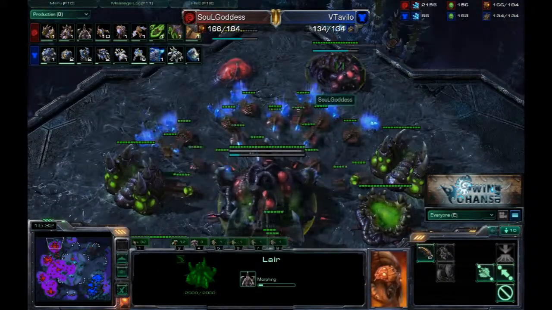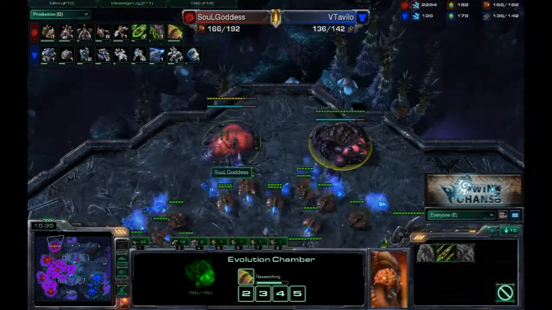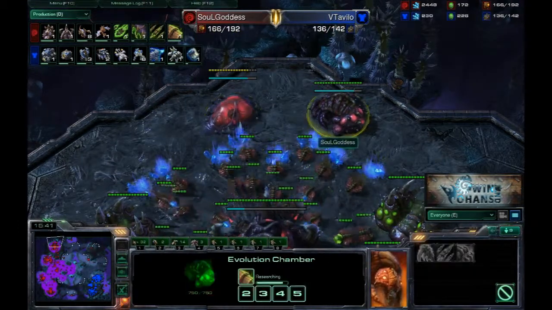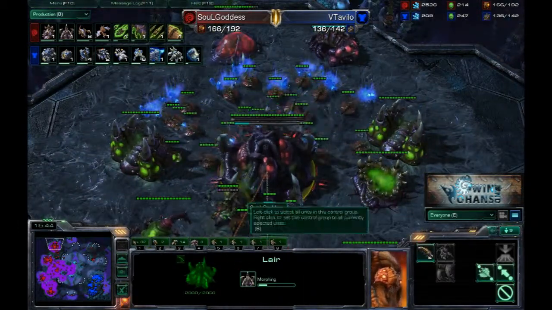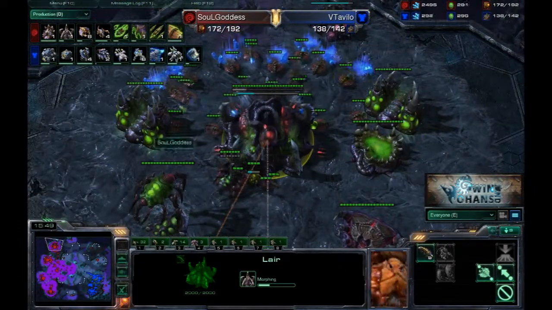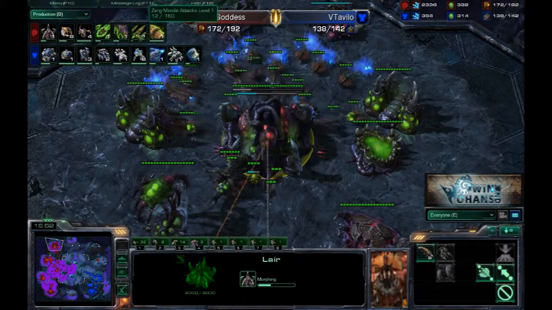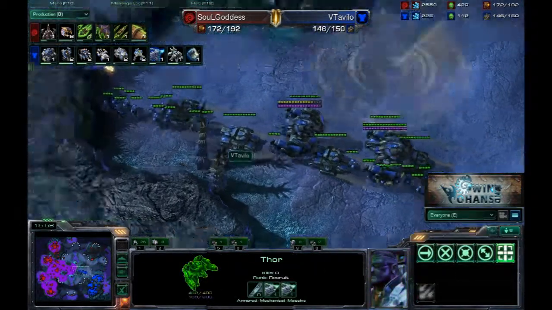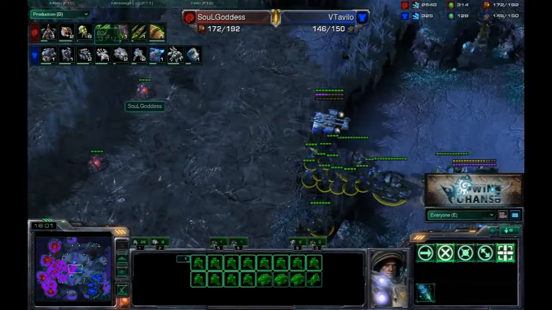I think this is great timing on the hive. We see 1-1 about to finish, and you will note that 2-2 actually takes almost the same amount of time as that hive takes. So I love this move. Getting a Roach Warren, getting a Roach Warren and +1 missile attack as well. Looks like he is anticipating the Thor amount and wants to just go into Roach production to take care of